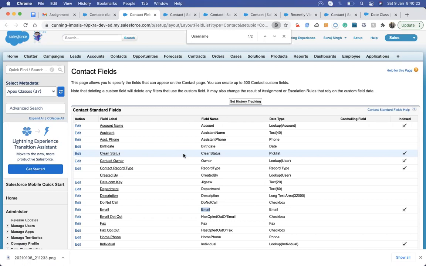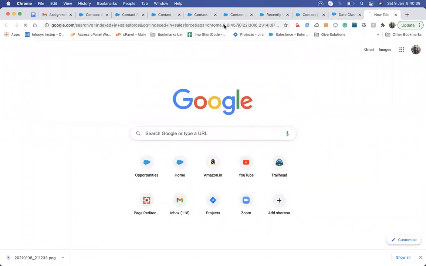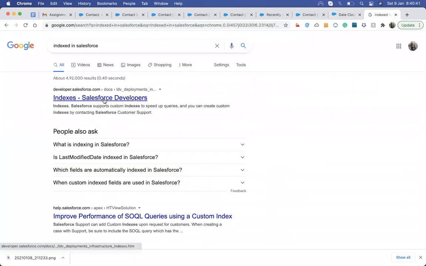It helps to make the query faster and helps us to identify the record. Usually it keeps these records in a kind of index list. Because of that, it's easier to reach those, right?